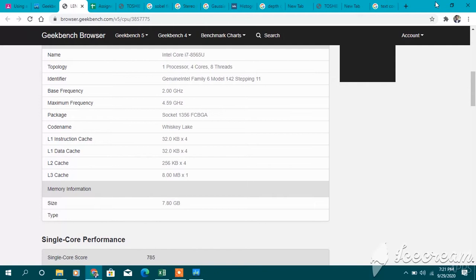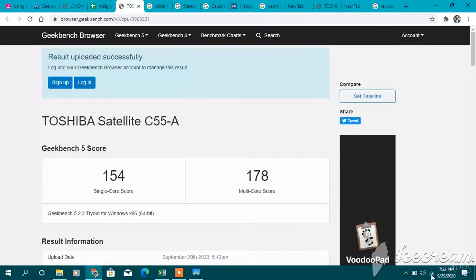And same like that, I have to evaluate the GPU as well, and here is the GPU evaluation. My system is getting slow, so it was taking time to open another page.